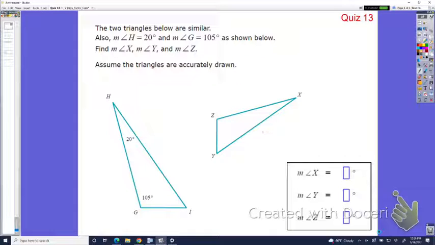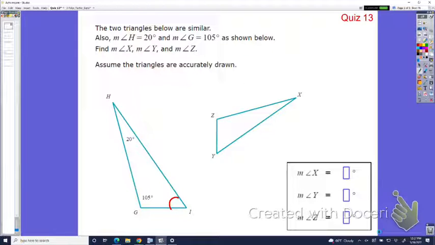I'm going to review some of the examples that you'll see for the 5 questions on quiz 13, which will be the final quiz of the year, other than your final exam. So the first question is going to be giving you 2 triangles, and they're saying they are similar. So it gives you angle H is 20, angle G is 105. We need to find this third angle first, and then figure out what the 3 angles would be on the